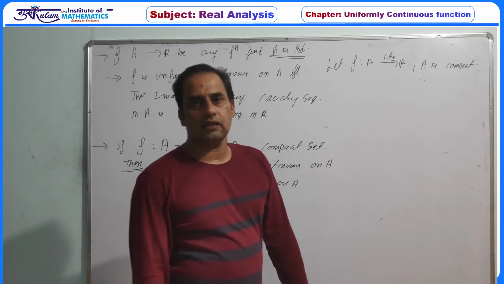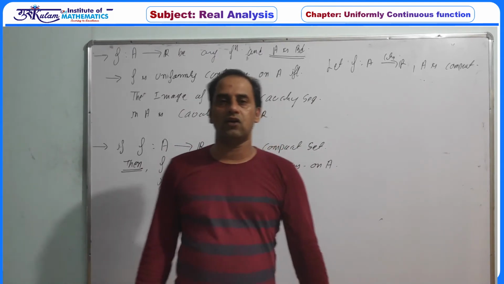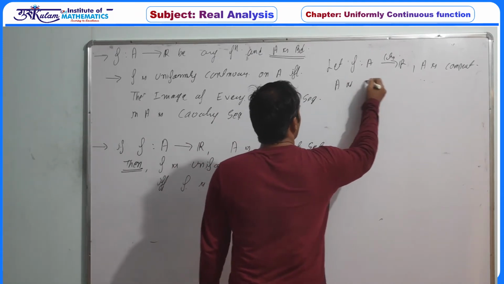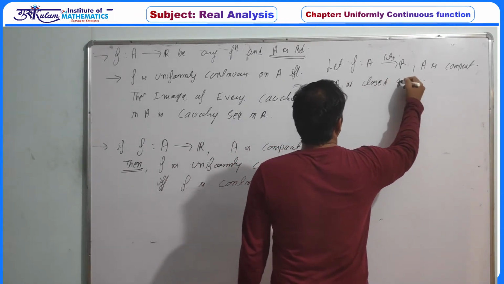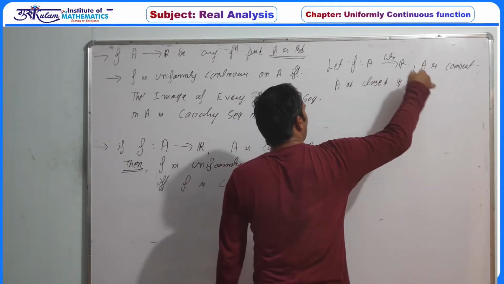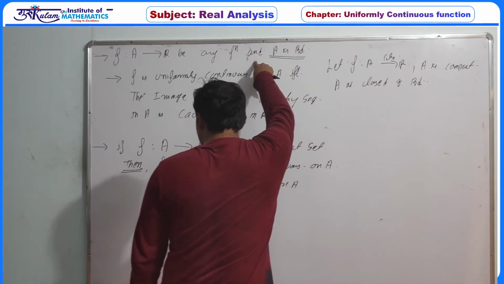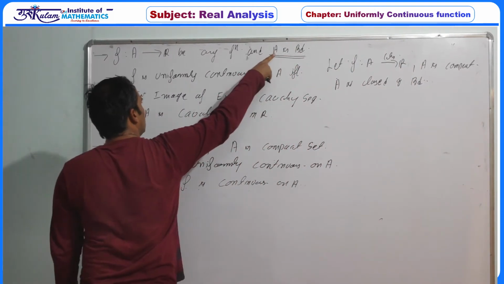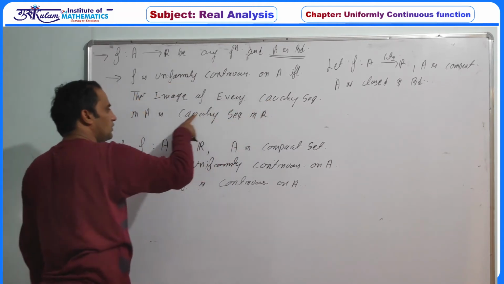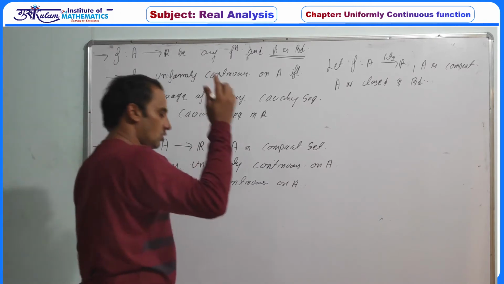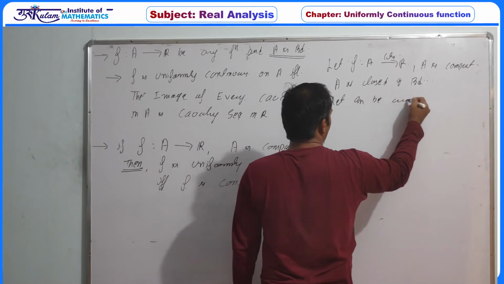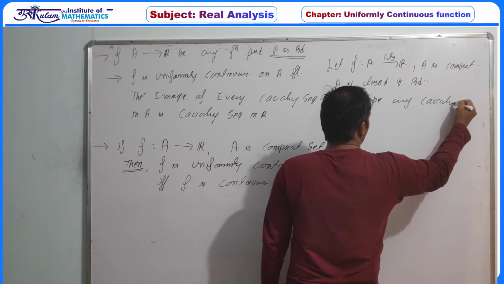So a subset of the real line is compact if and only if it is closed and bounded. That is, A is closed and bounded. Now, since A is bounded, by this statement, a function from A to R, whenever A is bounded, is uniformly continuous if and only if the image of every Cauchy sequence under this function is a Cauchy sequence. So let a_n be any Cauchy sequence